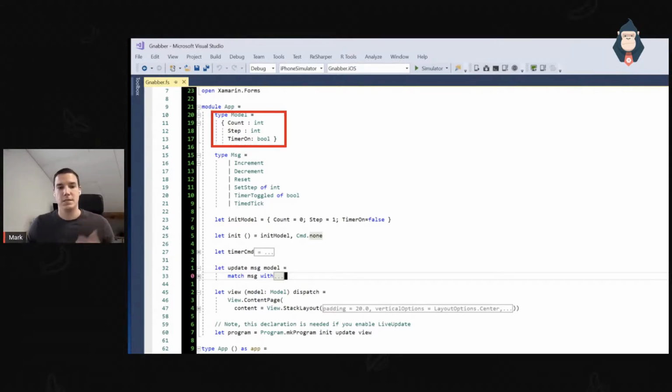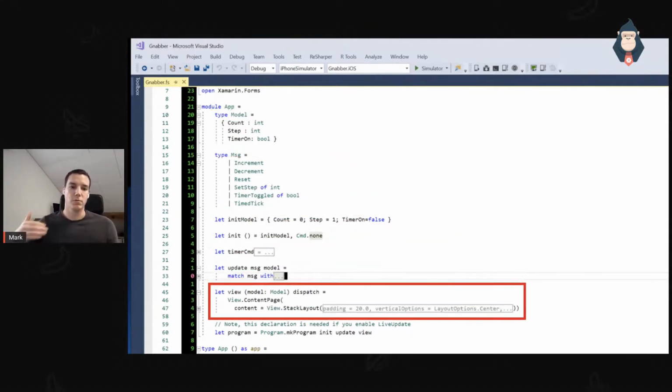Now, the next thing that we usually do is, this model will be passed onto the view, and this view method generates the view code. So every time something changes, the entire view will actually be generated in here. Now, there will not always be a redraw of this view on the visual tree. You can think of it a bit like a shadow DOM, as you might know it from some web frameworks.